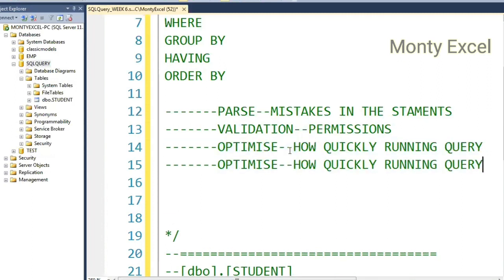Now let's see the fourth one, which is again important. That is compile, or compiling. Mostly you might have heard in programming languages that it is a compiled programming language. Compiling is nothing but, after checking the mistakes, after checking the permissions, after checking the best way of running this query,